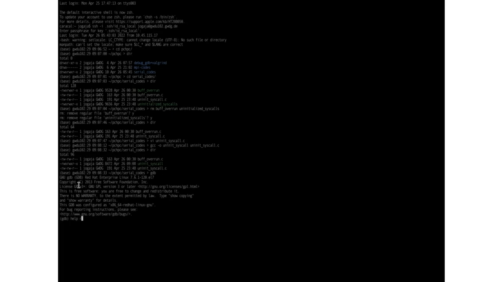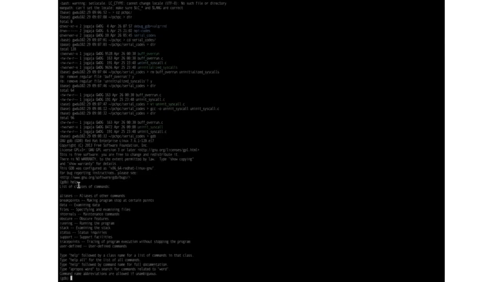For example, let's say help. Okay, so there you can see different things you can do with GDB. It's similar to some useful commands I've talked about. And let's try to